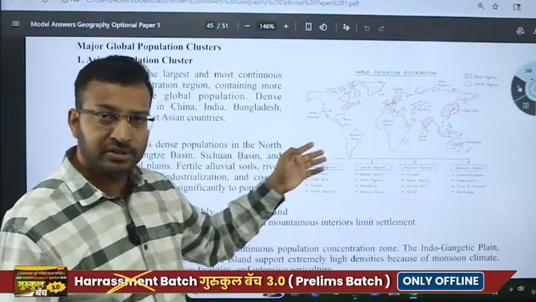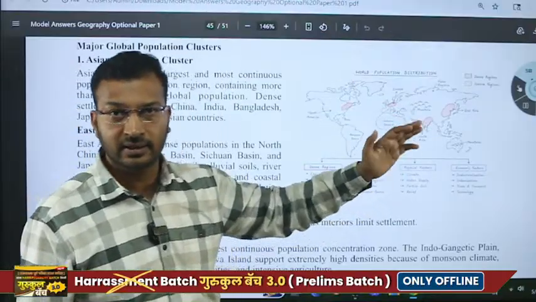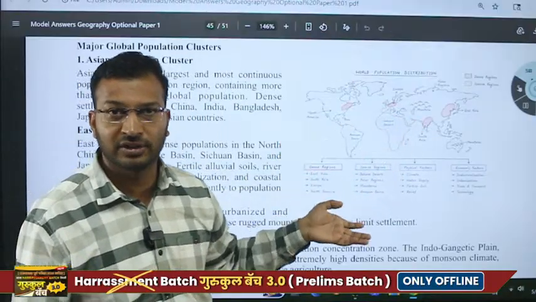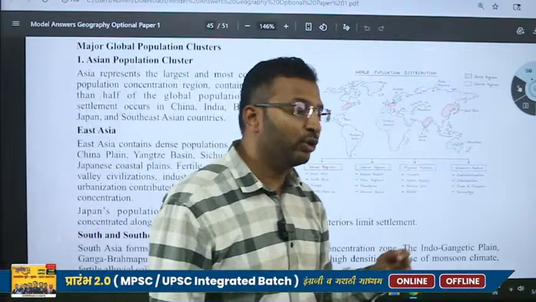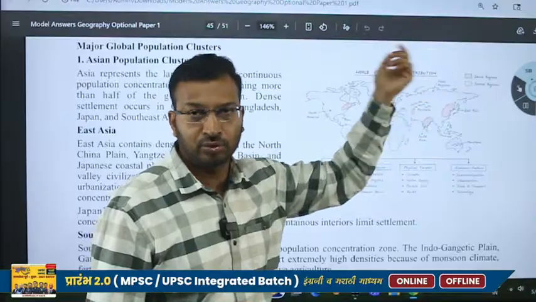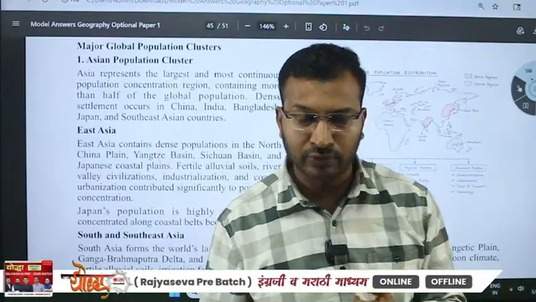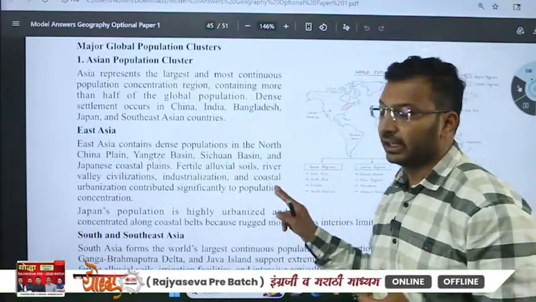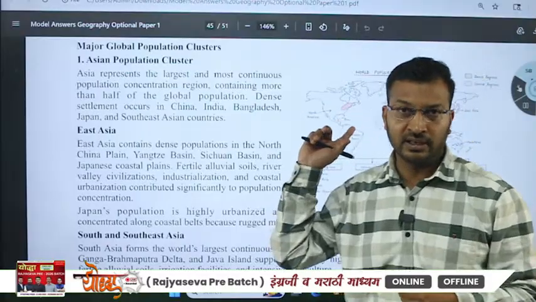So we are talking about population distribution. Remember sparsely populated areas too, it's not that we only write about where the population is concentrated. Okay, so on the east side we have China, Japan, South Korea. Most of the coastal areas are densely populated, and the factors governing this high density of population: